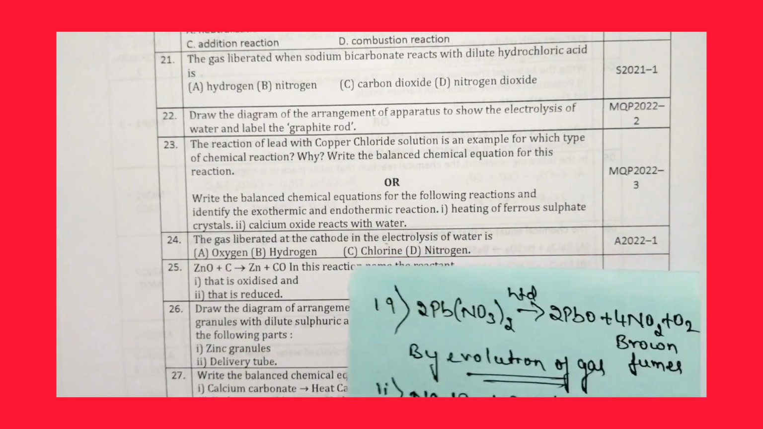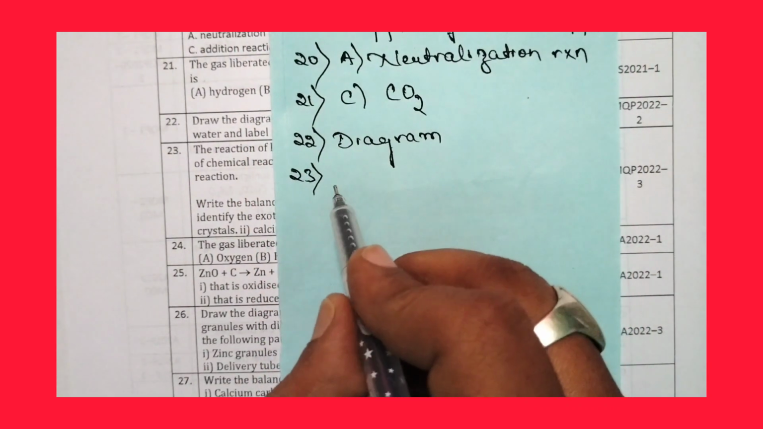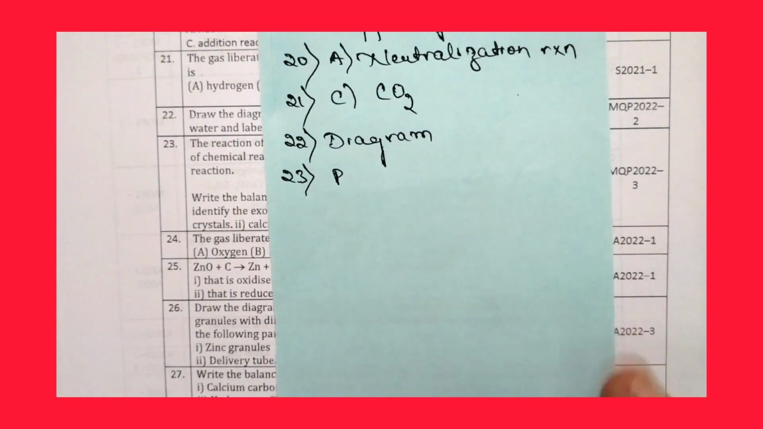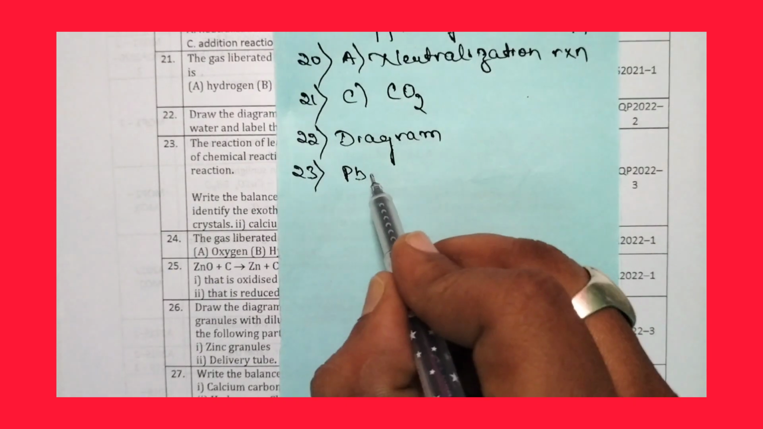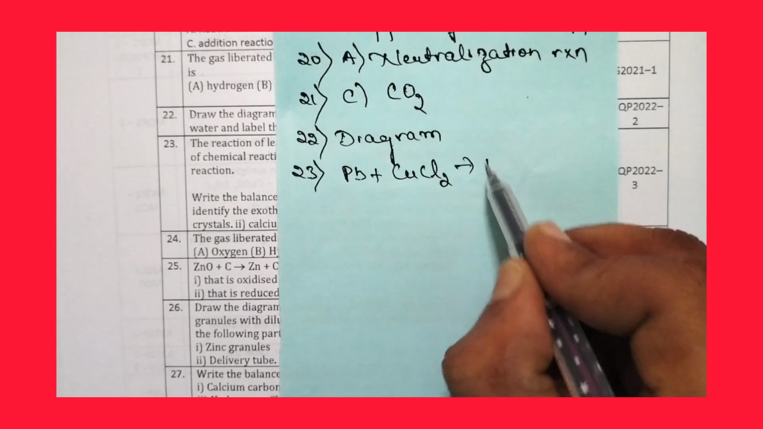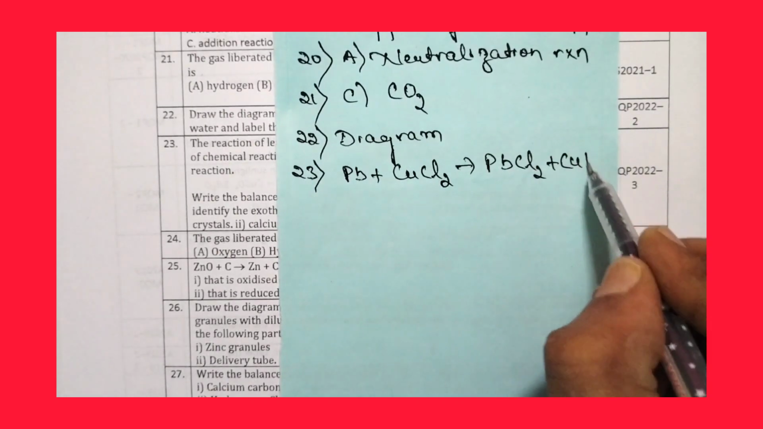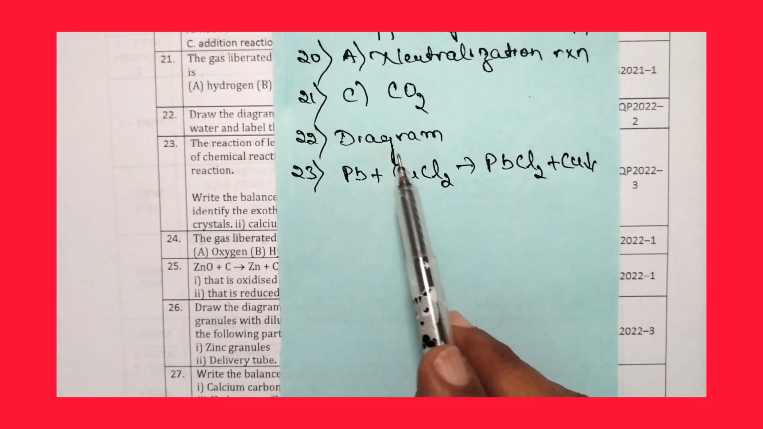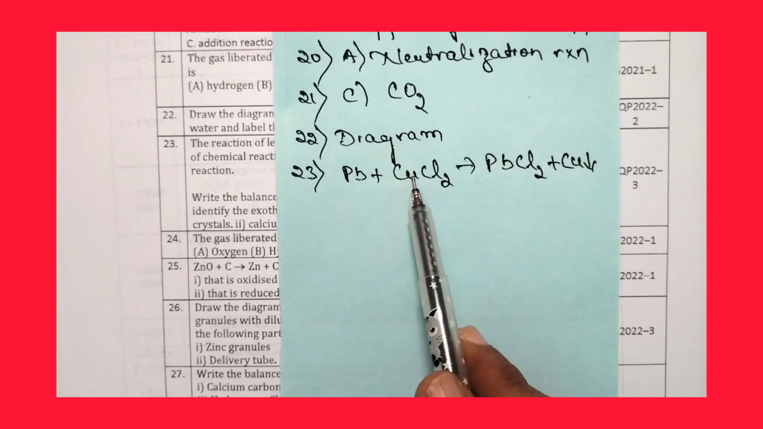Lead reacts with copper chloride. So lead reacts with copper chloride: Pb plus CuCl2 give rise to PbCl2 plus Cu deposited. So here copper is less reactive than lead, so lead displaces copper from